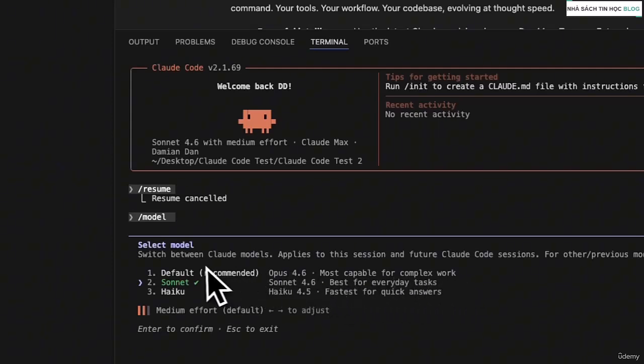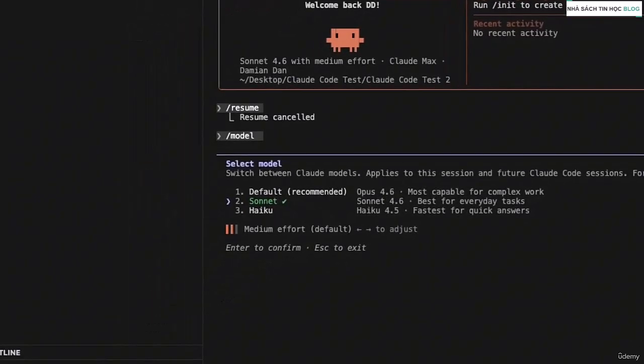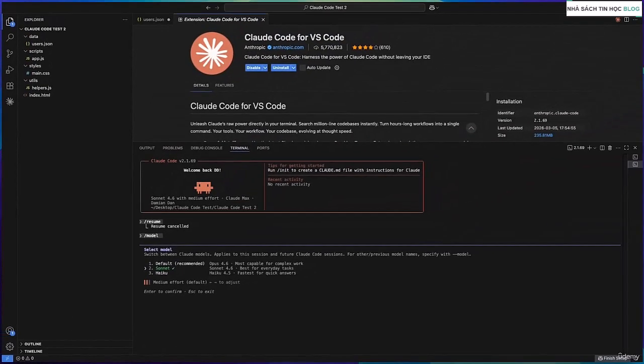So we've got a list of options. We've got the default one, so the most powerful. We've got Sonnet and also Haiku. Now, if you want to save tokens, I recommend using Sonnet, all right? But if you are on a Max plan, Opus is the best model on the market right now. So I'll go with Opus, which is Anthropic's most powerful model.